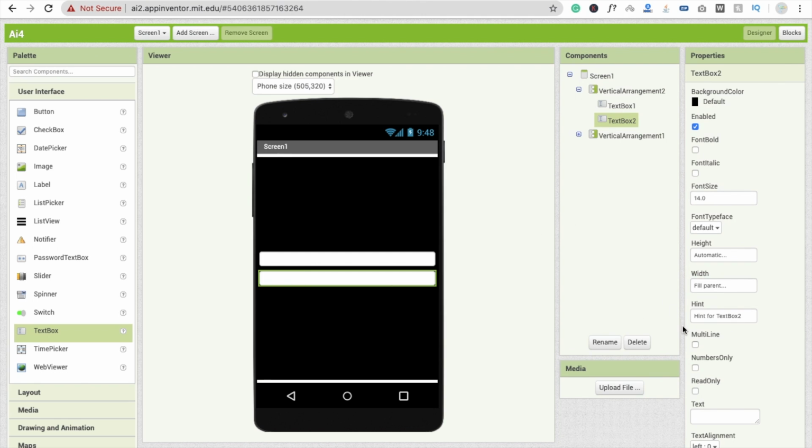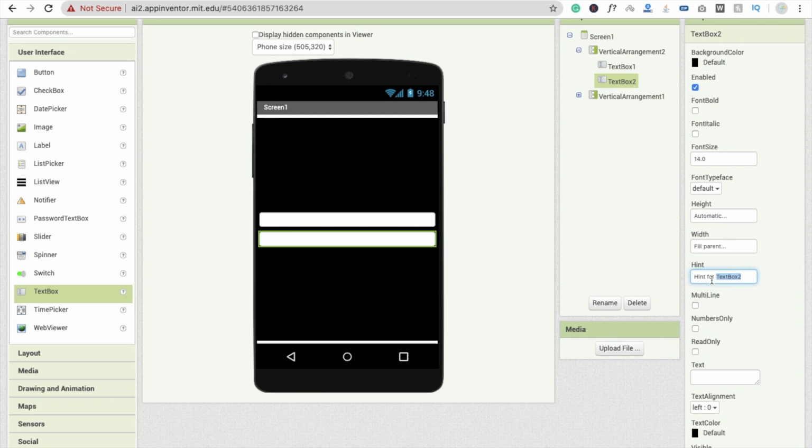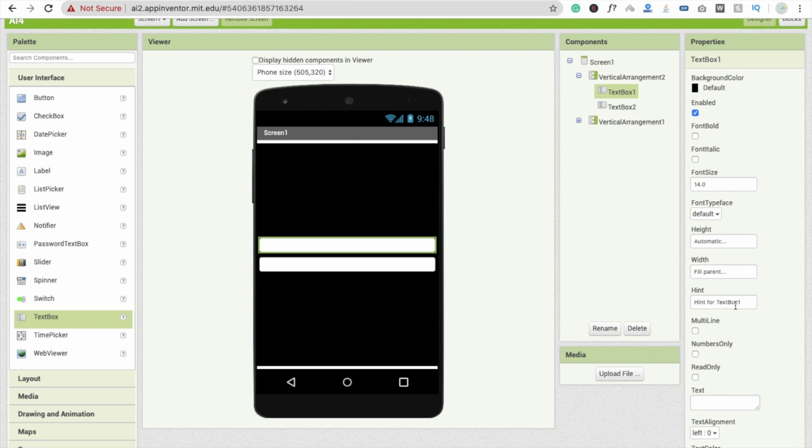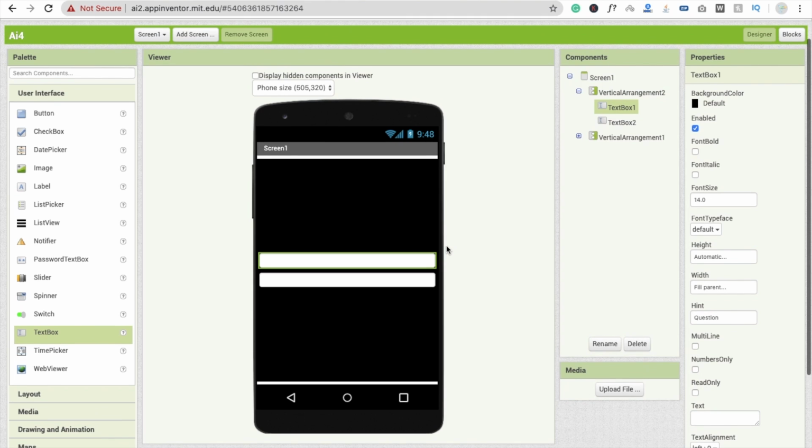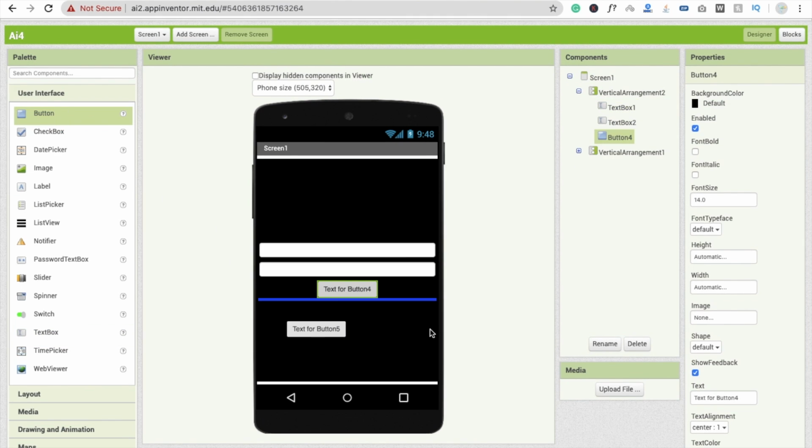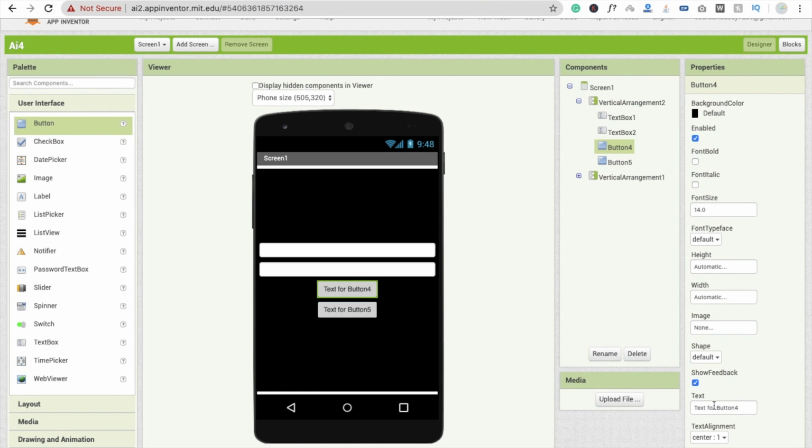like this. And here the hint of the second box is answer, and in the first box I'm going to put question. Fine. Now I'm going to use two buttons here, one for back and second for saving the answer. So just save it, and you can just use save here, and this one is for back. Okay, you can use save answer also,